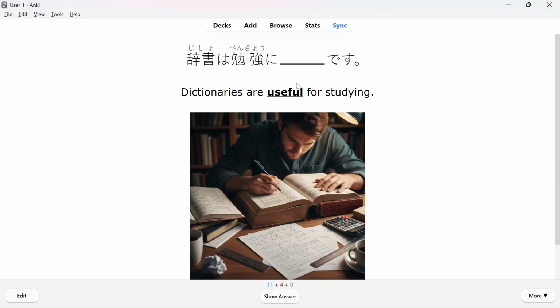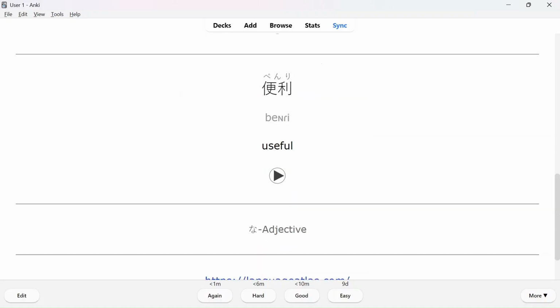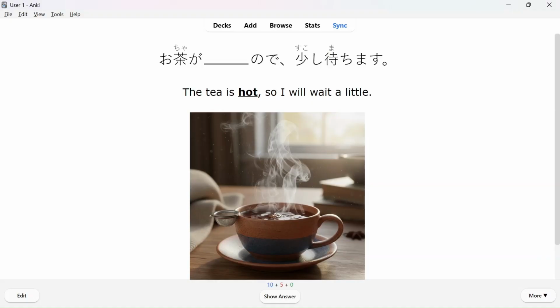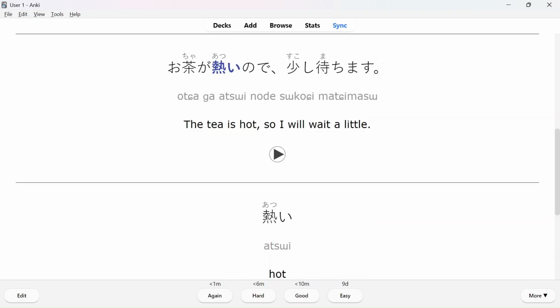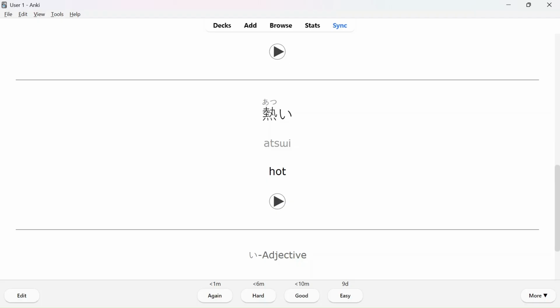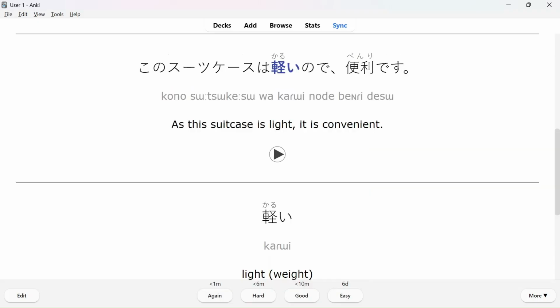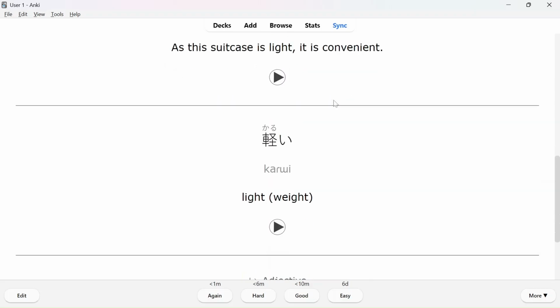Dictionaries are useful for studying. How do you say useful? 辞書は勉強に便利です。便利。 This tea is hot, so I will wait a little. How do you say hot? お茶が熱いので少し待ちます。熱い。 As this suitcase is light, it is convenient. How do you say light? このスーツケースは軽いので便利です。軽い。